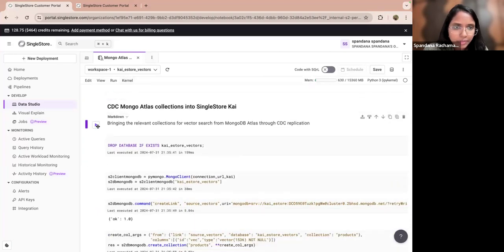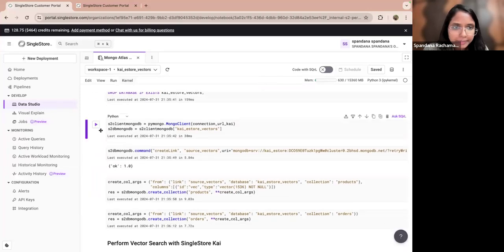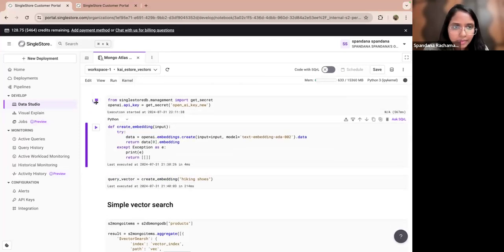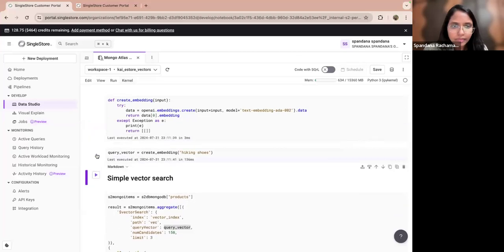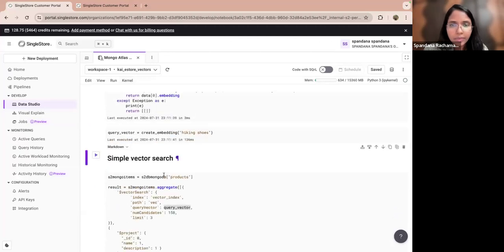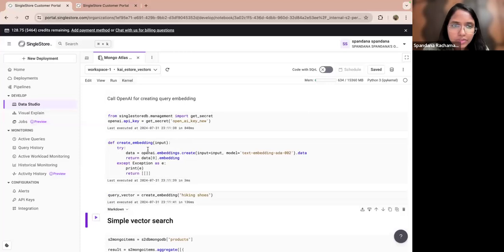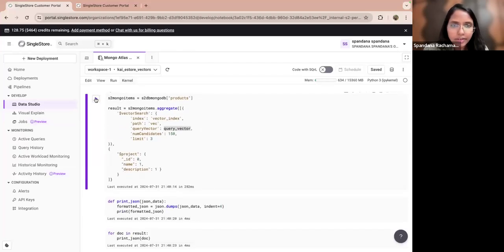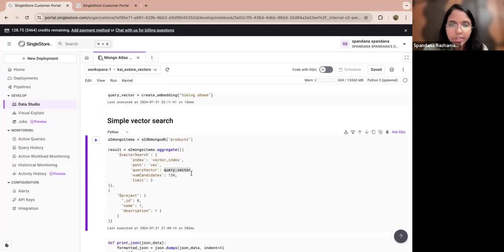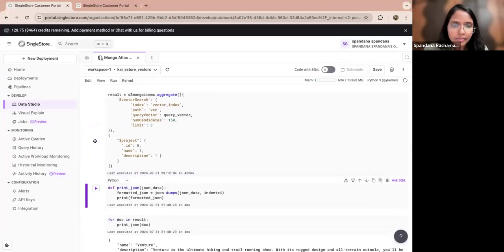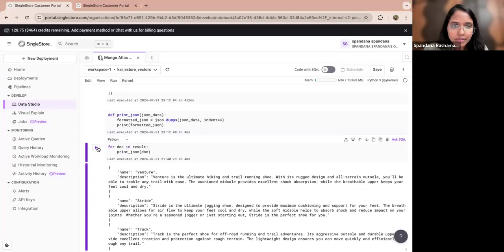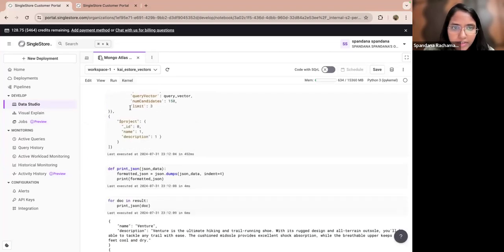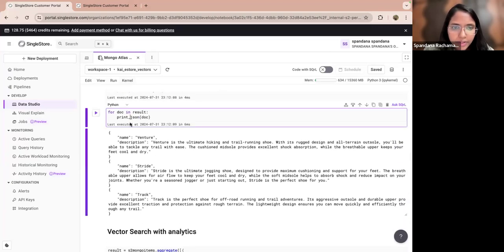Somehow the results are lost. Maybe I have refreshed my page. Let me quickly run the vector search part because I have already loaded the data. Yeah, so I have the query vector created from this group of words, and I have used OpenAI to create the embeddings. And let's do this simple vector search where you're sending this hiking shoes query vector to the list of products available. And let's print. Okay. So you see that because I'm looking for top 3 results, I have 3 results here,